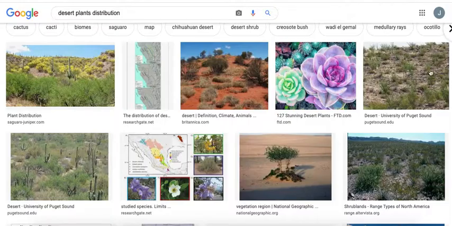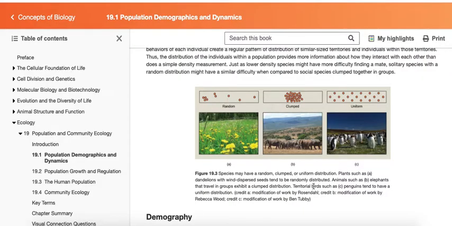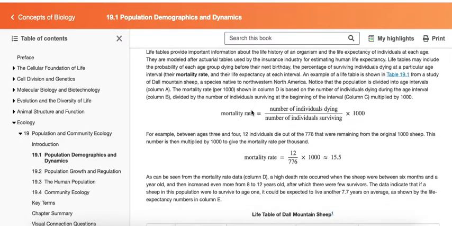And they're a lot like the desert species, where it is a very even distribution, a uniform distribution of plants. The last thing that we have, a couple more things actually to go over, is